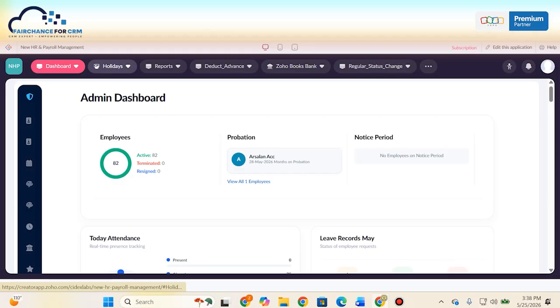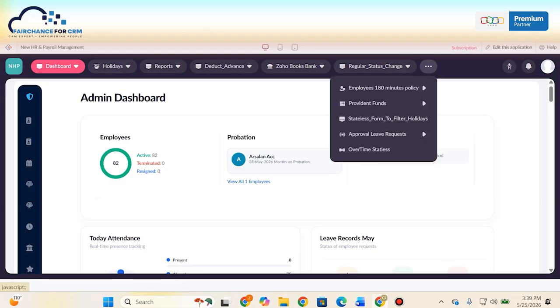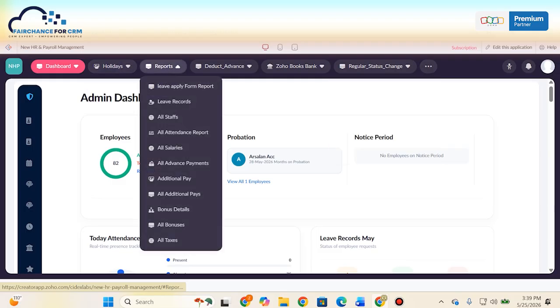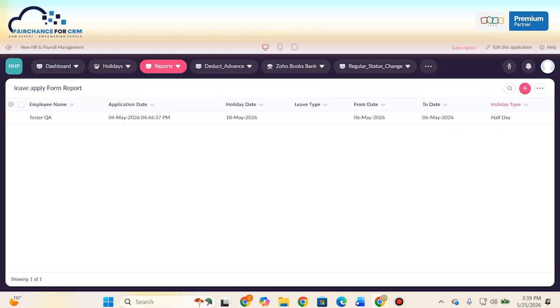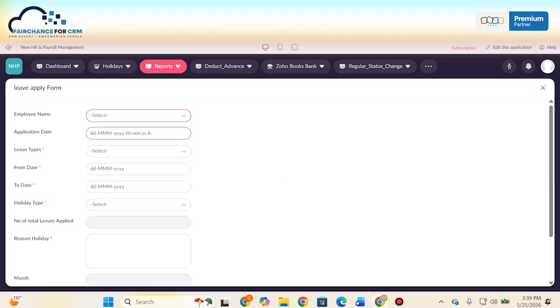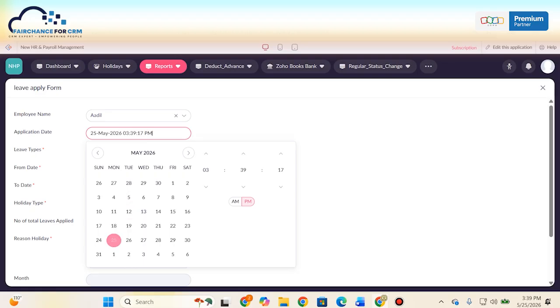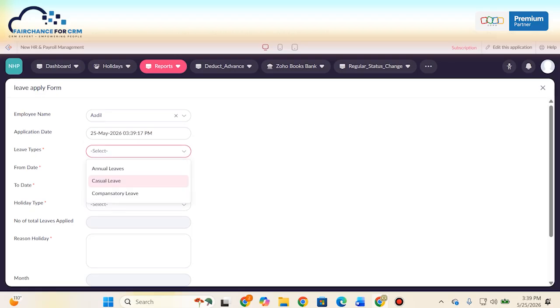If any person wants to apply for leaves from his dashboard, they have a form. Let me show you that form. So this is basically the leave form. Every employee has this form on their dashboard. They will click on this plus button, then they will select their name, application date, then they will select the leave type,